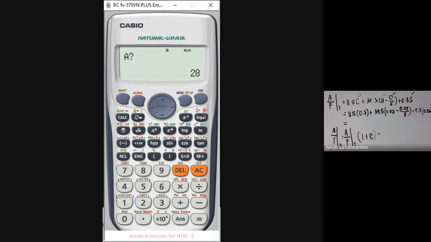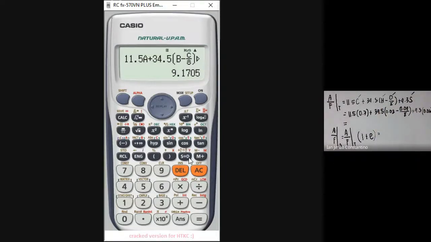So A is 0.7 for 70%. Your B is 0.03 for 3%. And then for letter C, that is your oxygen, which is 4%, 0.04 in decimal. And then D, which is 6% for your sulfur, 0.06. So we'll arrive with